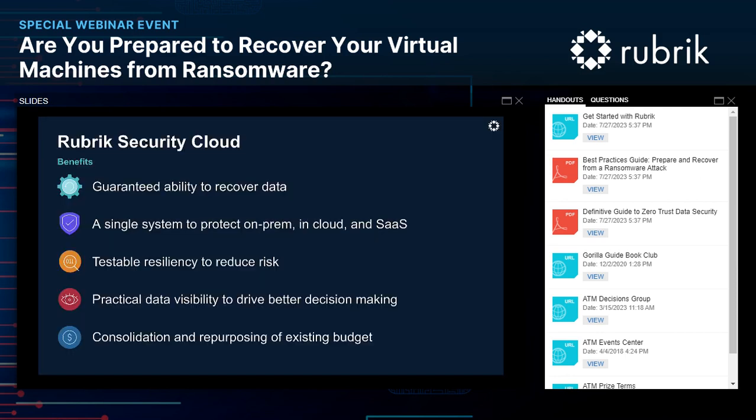Hopefully that gave you a sense of the benefits of the Rubrik Security Cloud platform. Confidence in being able to recover your data with our Zero Trust platform, the simplicity of our SLAs for backup, and the ease with which we can apply them across your environment. The ability to not only have a disaster recovery plan, but to test it on a regular basis. Knowing exactly when to recover from in a cyber event. And lastly, leveraging existing investments if appropriate for your data protection storage, as well as with data observability.